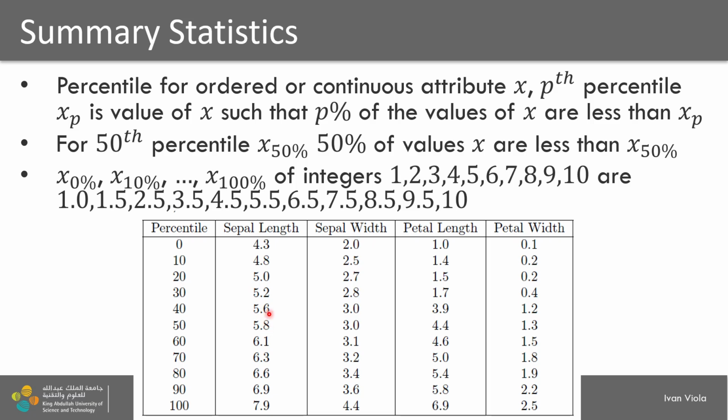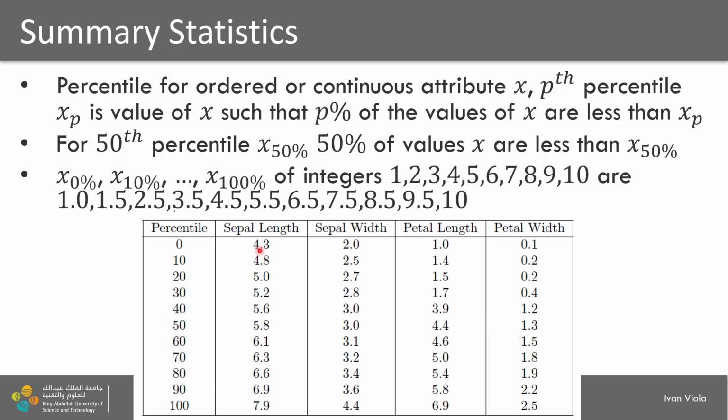And 5.6 will be the 40th percentile, meaning that 40% of the iris plants will have a sepal length less than 5.6. So I think this is becoming clearer, and we can see that the 0th percentile means basically the smallest element in the data,